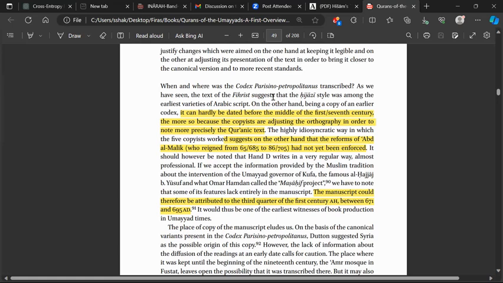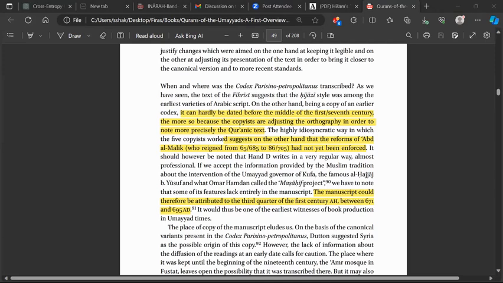Now, if this manuscript predates Abdul Malik, that severely challenges any idea that Hajjaj did something major. So in order to accommodate a late codification, basically during the time of Abdul Malik, you have to ensure that this manuscript was produced afterwards. Because if you look at the text of this manuscript, it's way too close to our text. So it's either Hajjaj used this very manuscript, or the text was already standardized to a large extent before Hajjaj or Abdul Malik.